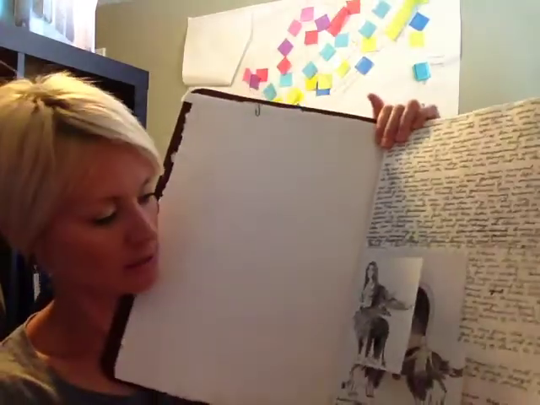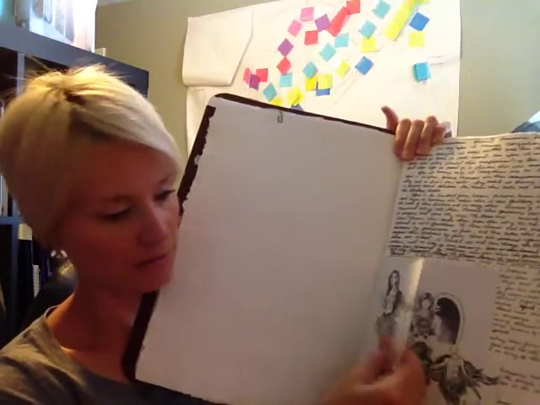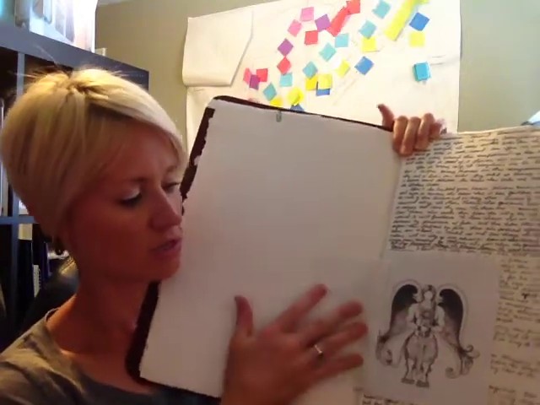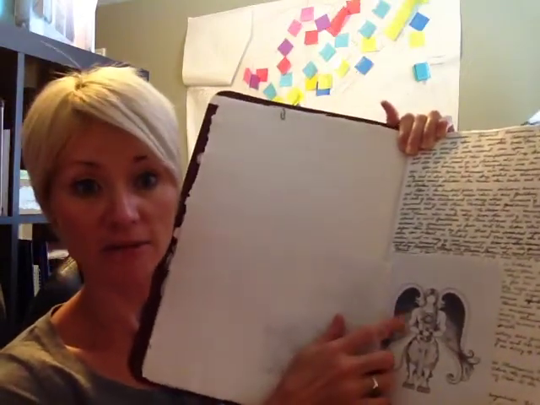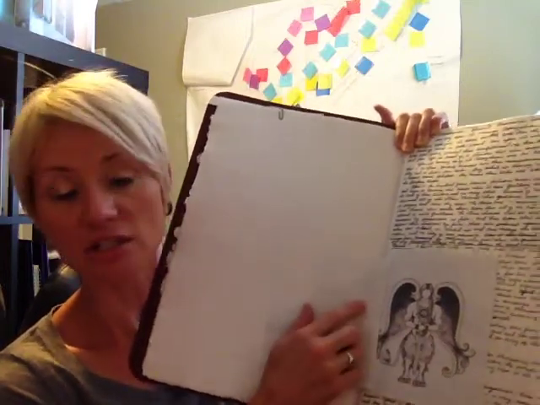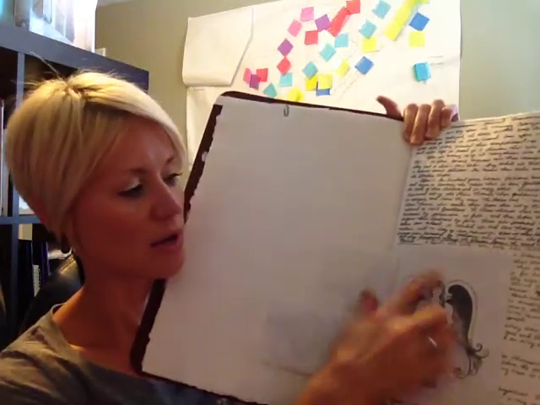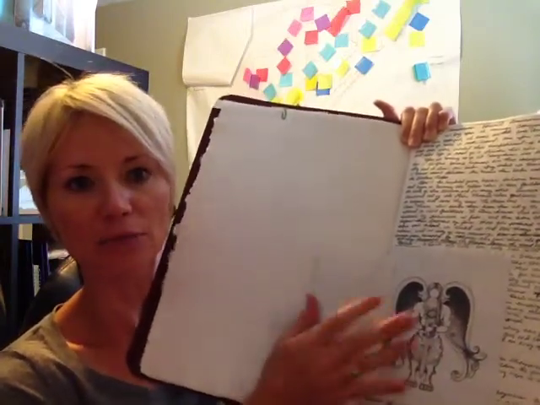Right here I've got my Basili from book one. Basili is this creature right here, and this is a drawing that I did early on that I put in here, but this right here is the final drawing that my illustrator, my sister Becca Shakespeare, did for book one, and you'll find this in the book. So I just printed off a copy of that and pasted it in my book,